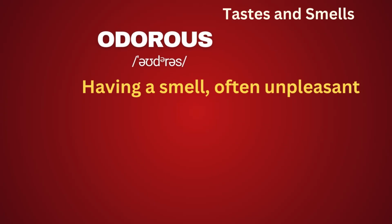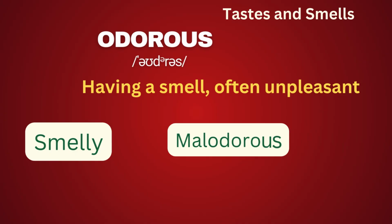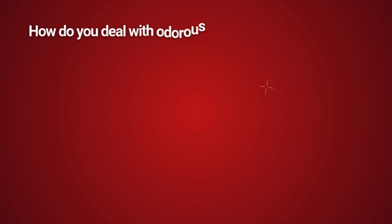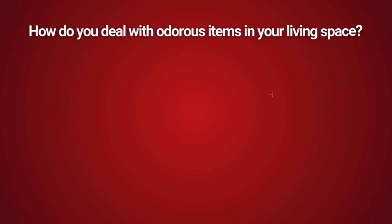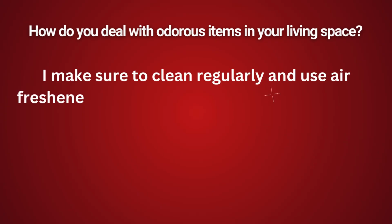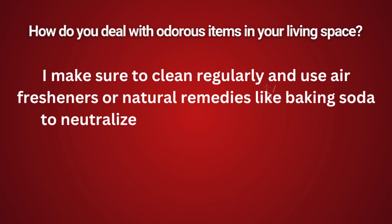Odorous. Having a smell, often unpleasant. Smelly. Malodorous. Stinking. Aromatic. How do you deal with odorous items in your living space? I make sure to clean regularly and use air fresheners or natural remedies like baking soda to neutralize odorous smells